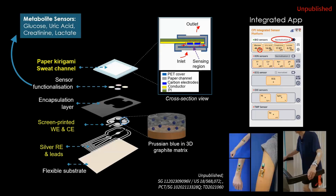This is a deconstructed view of that little plastic strip of sensor that we saw just now, right? So basically it's a layer by layer, bottom up kind of architecture. What I want to just highlight is the top layer. We call it the paper kirigami sweat channel. So now if you imagine we're talking about continuous in-situ sweat cleansing, that means we need a mechanism to continuously bring fresh sweat from our body, from our skin, to the sensor and actively bring it away as well. So there's a fresh flux, fresh flow of new sweat,